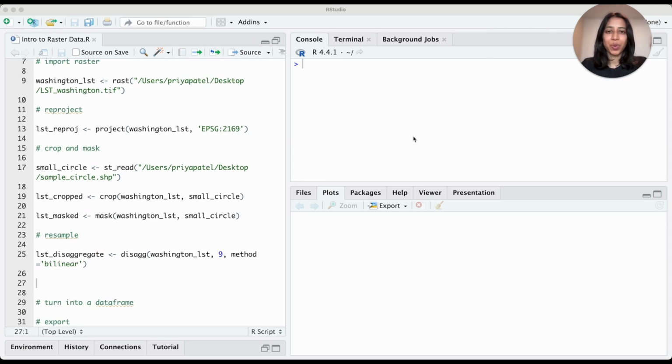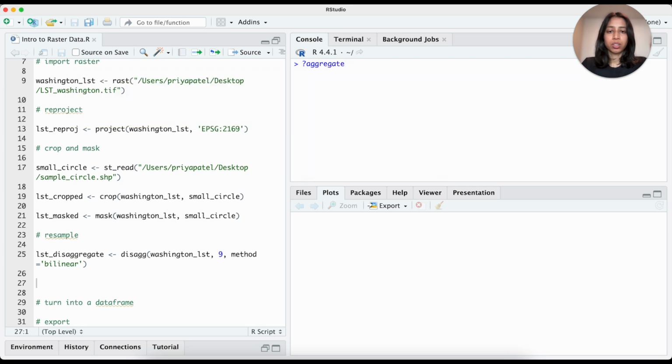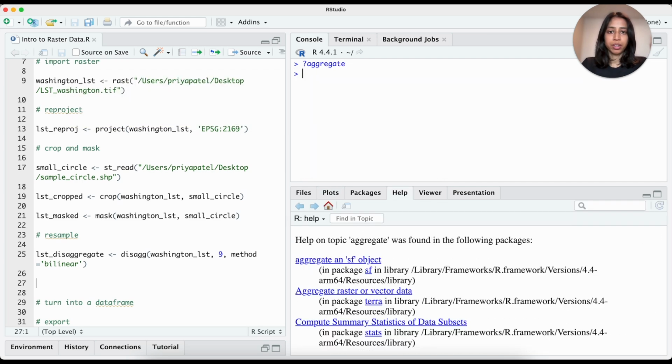Okay, so the next thing I want to show you is how to aggregate cells in your raster. So essentially we're trying to lower the spatial resolution of your raster, and this is useful if you have multiple rasters and they all have different resolutions and you need them to match. This is a great way to get them to match. So the function that we're going to be using is from the terra package again. It's called aggregate. So we can pull it up right here in the console using the question mark sign, and